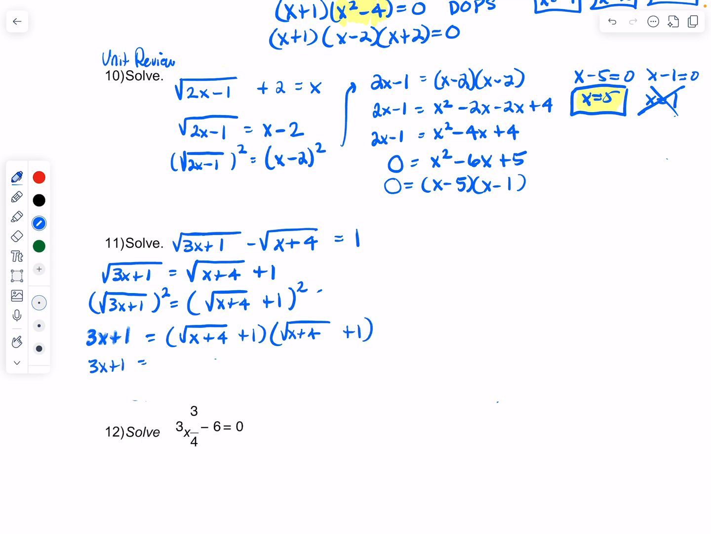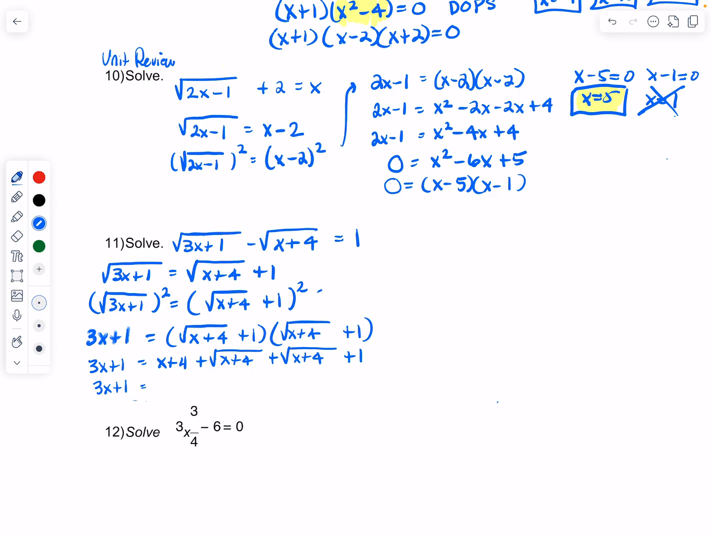The square root of x plus 4 times the square root of x plus 4 is just x plus 4. Now I take 1 times the square root of x plus 4, which is the square root of x plus 4. I do that again. 1 times the square root of x plus 4 is the square root of x plus 4. And finally, 1 times 1 is 1. Okay, so I get 3x plus 1,